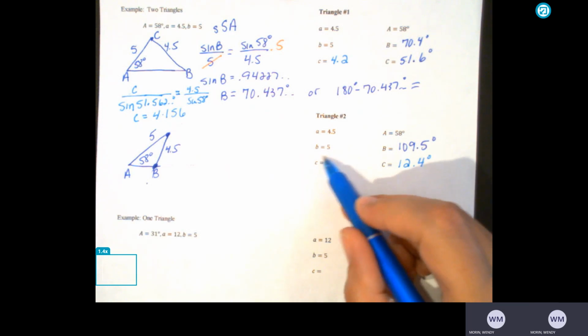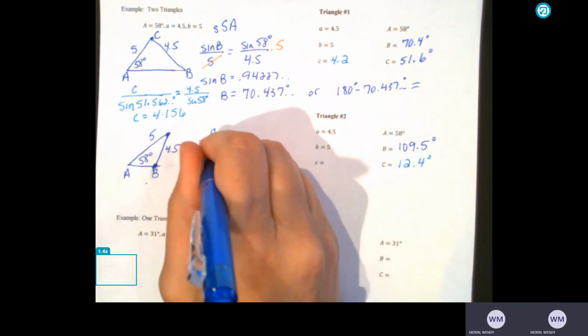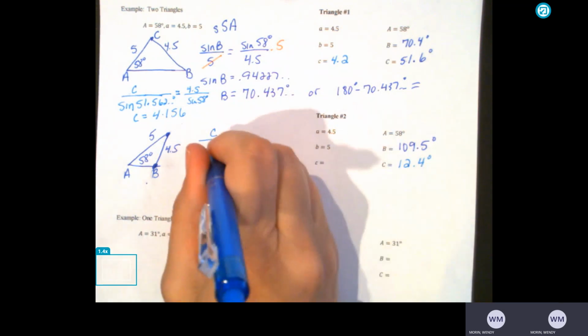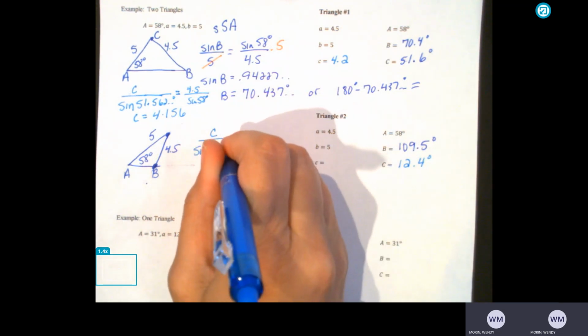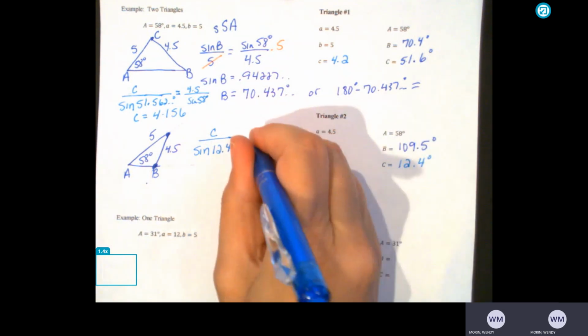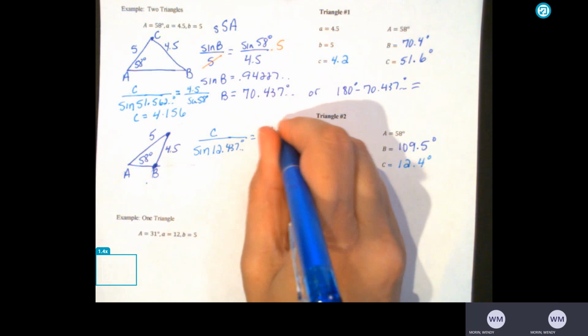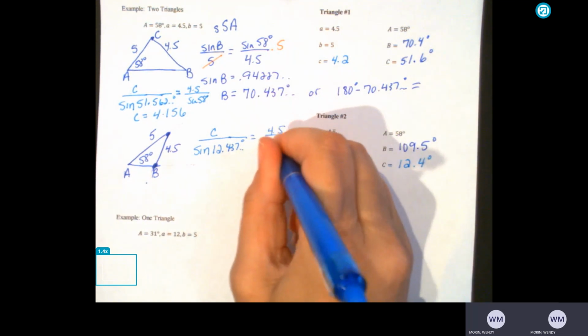Okay, so again, I'm trying to find side C. So C is to the sine of angle C. And from my calculator, it's 12.437 degrees. And again, using the given information, 4.5 is to the sine of